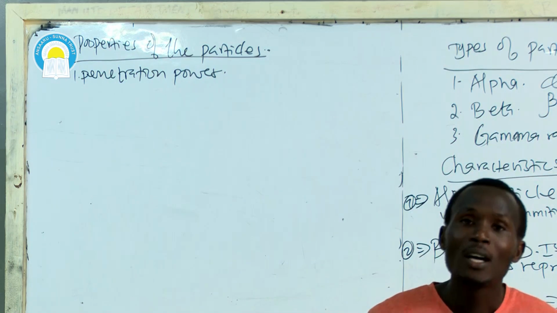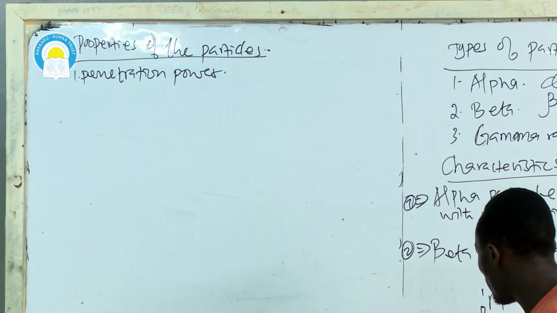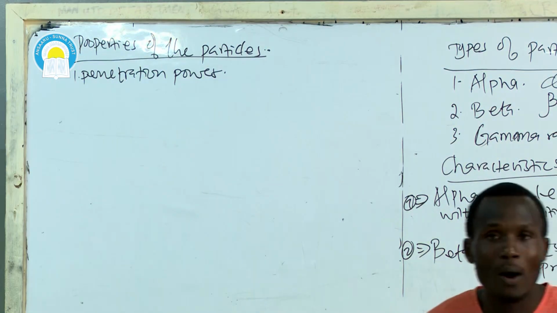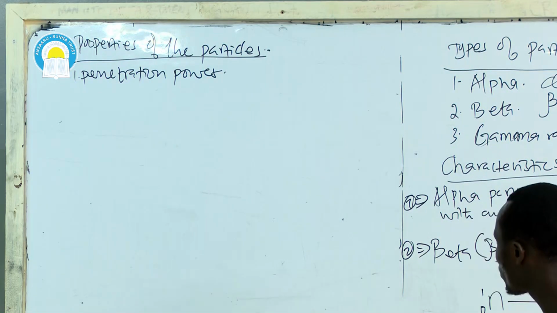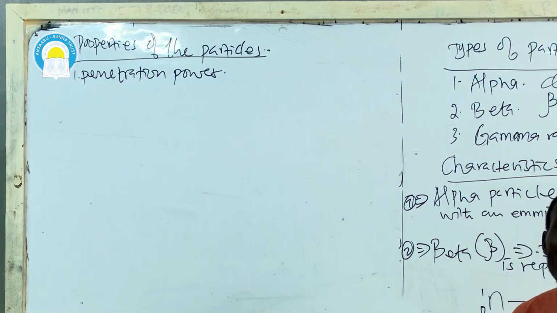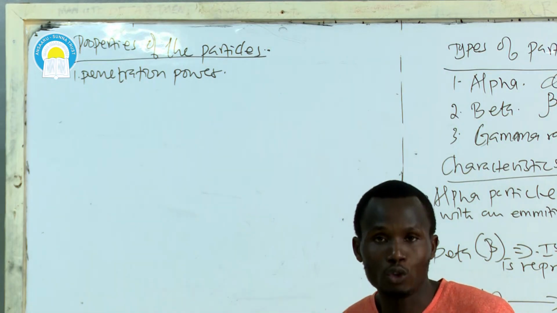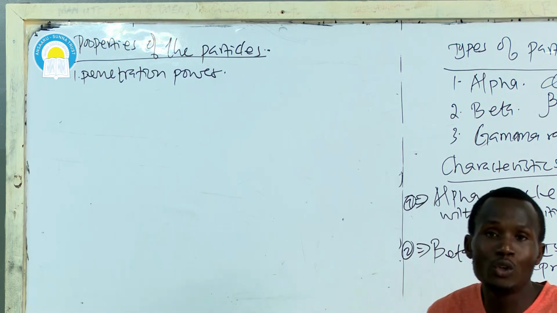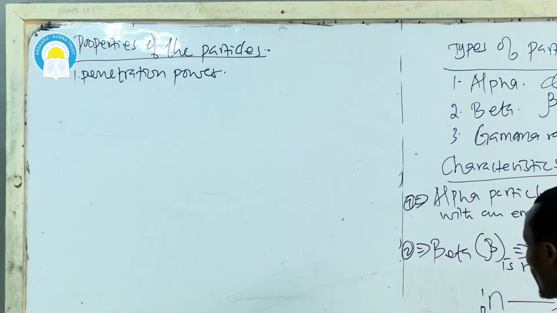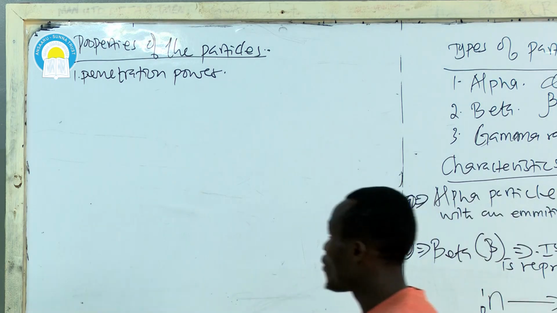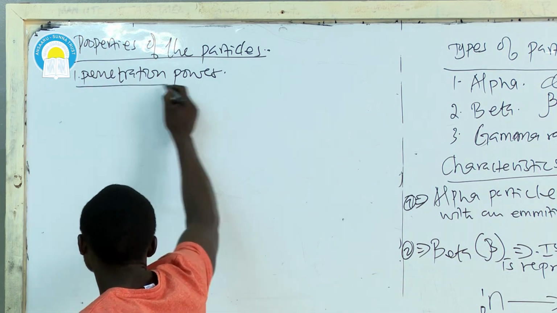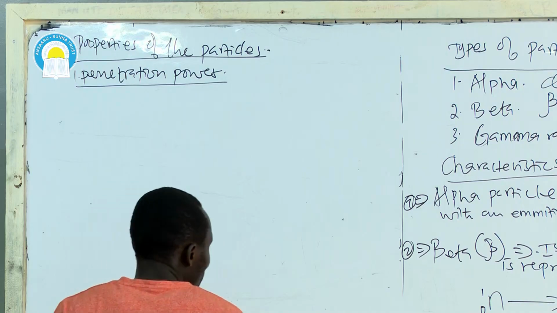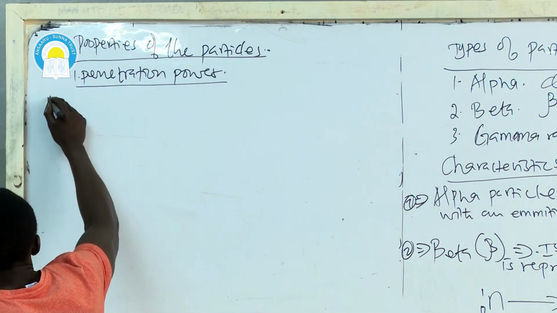Then we have the gamma rays, which have got the highest penetration power. These can only be stopped by lead blocks. Which means thick blocks of lead are the ones which can be used to stop the gamma rays. So under the penetration power, we say that